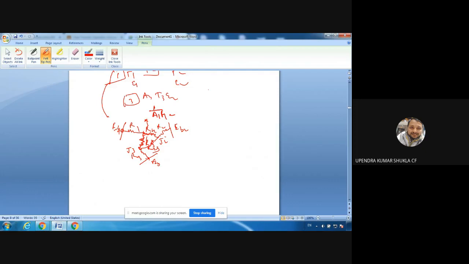This is R1, R12, F12. So how will you write the equation? Now suppose at this node we are getting the heat coming from surface 1, and it must go in these two directions.